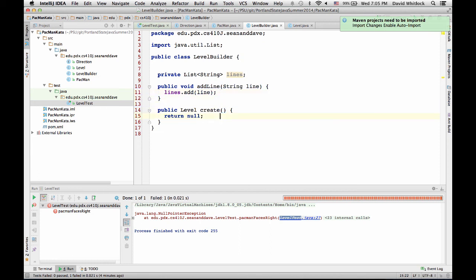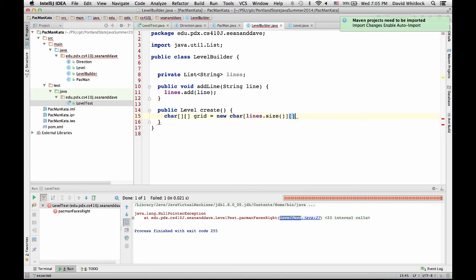Okay, level equals create. Now we need to create that. Well, we can add the validation later. So let's just say char array grid equals new char, the number of lines, so lines.size.